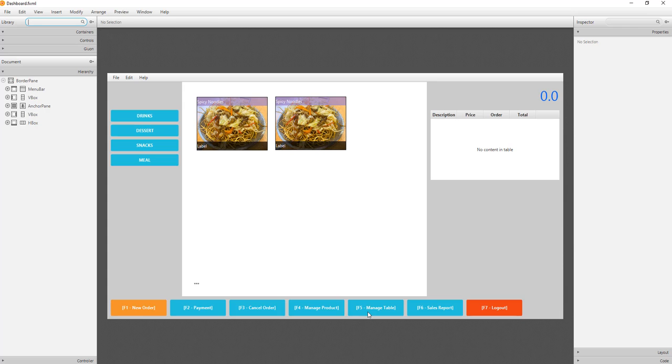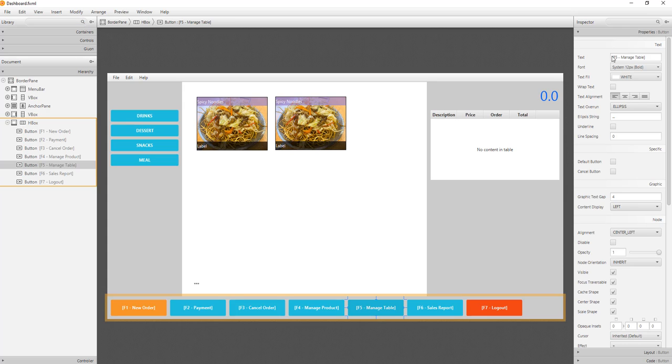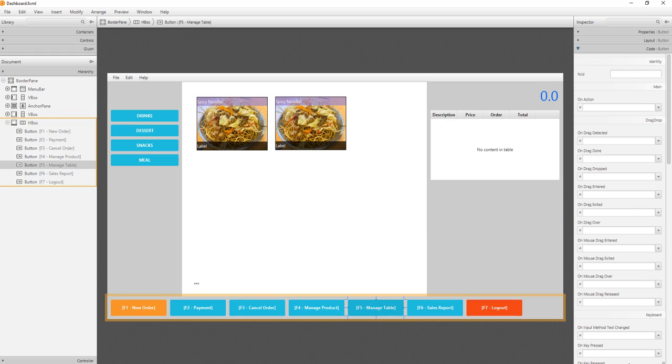So let's click on this particular button, and under code, specify the fx ID. For example, you can say btn manage table. Okay, and then on the on action, we could specify